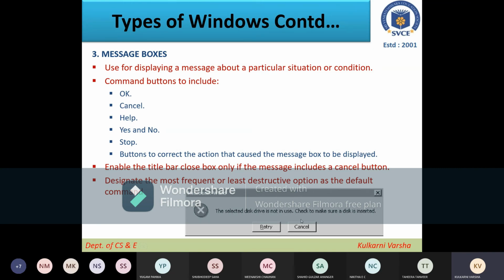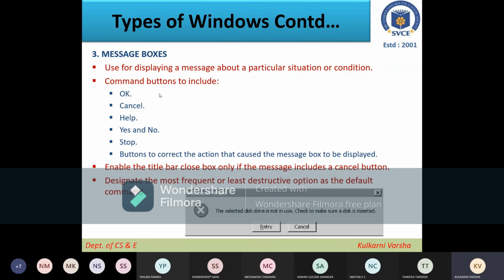Here you can see a message box telling that the selected disk drive is not in use. Check to make sure a disk is inserted. We are not entering any data, just retry or cancel.